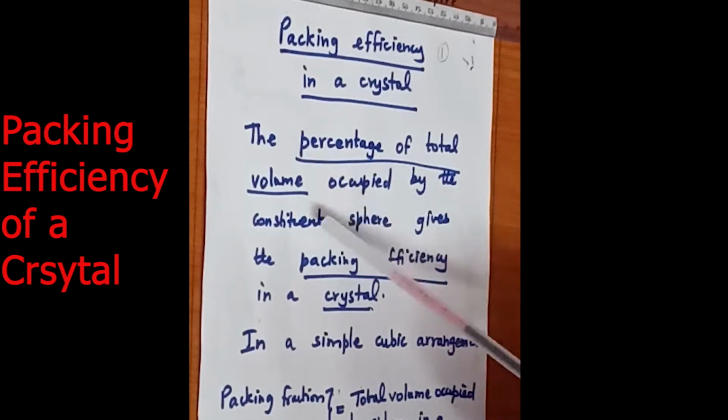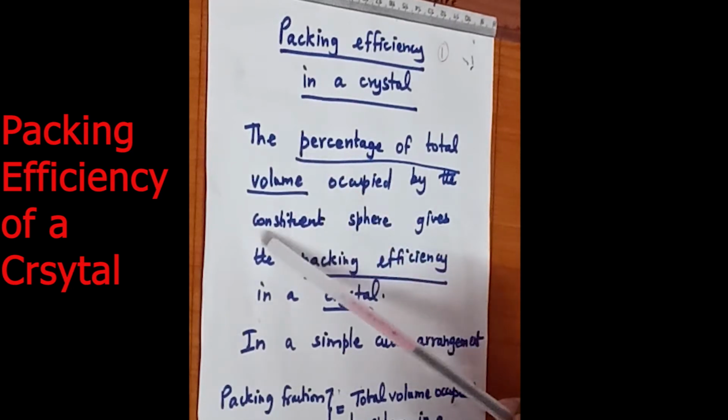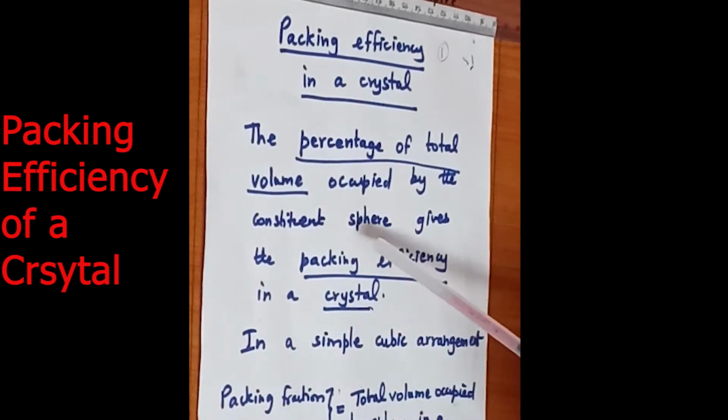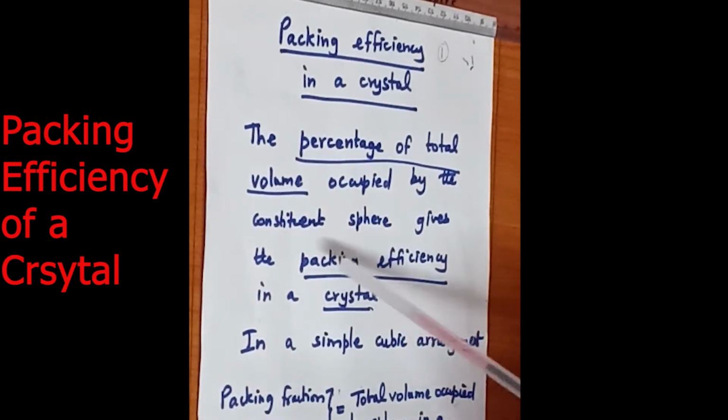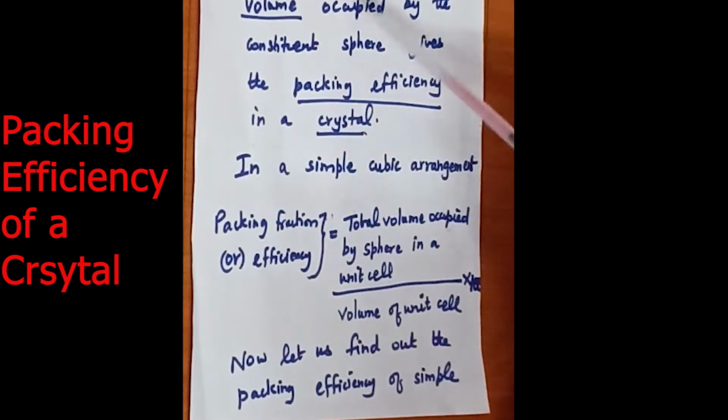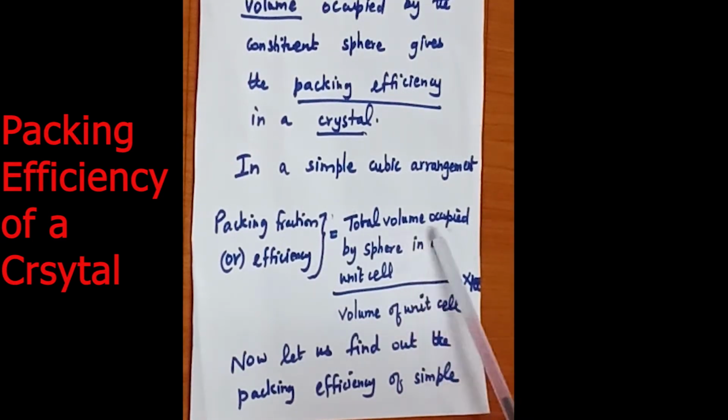So already I have taught in the previous video lesson what is the meaning of constituents. So the percentage of total volume occupied by the constituent, which may be atoms, molecules or ions, gives the packing efficiency in a crystal. Already I told you there are three types of crystal. First one is simple cubic arrangement. In simple cubic arrangement, the packing fraction or efficiency can be written as total volume occupied by a sphere